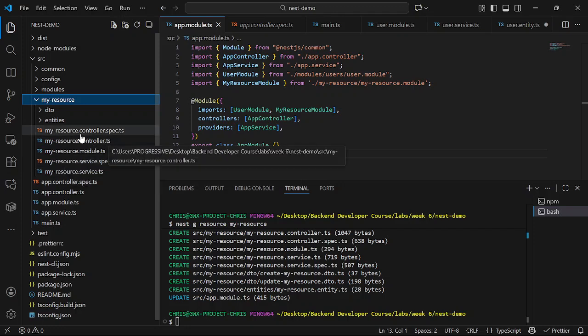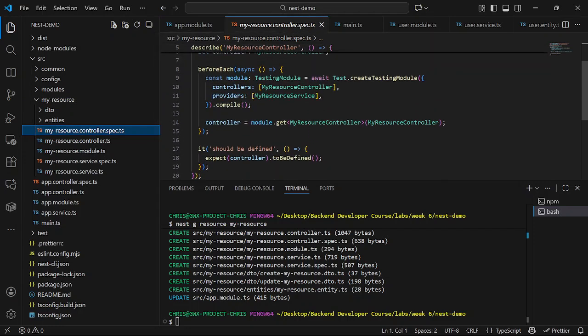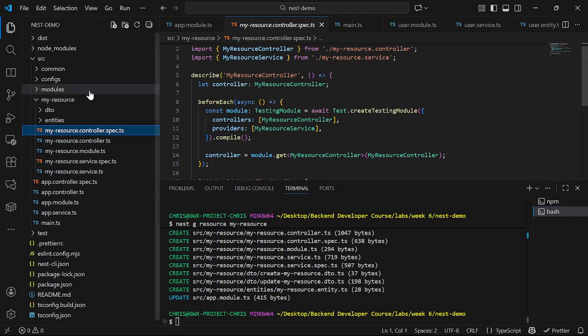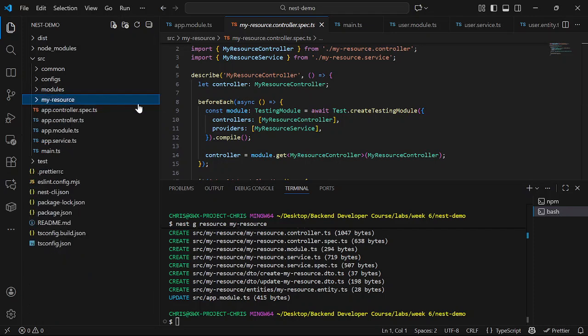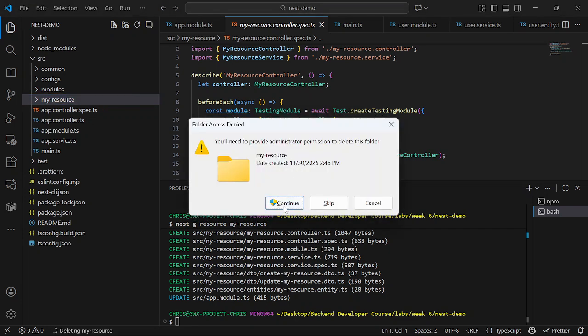They are unit tests. So if you want to implement unit testing, they already generated it for you, so we can use it to write our unit tests if we are writing them for our project. But now let's just understand how the whole thing works, right? So I will delete it.